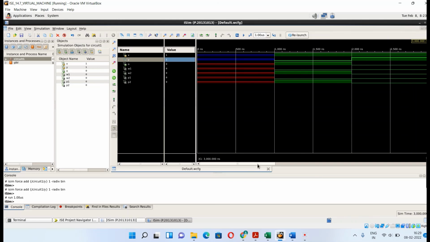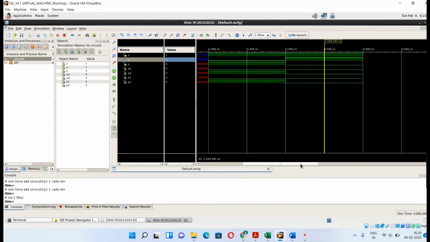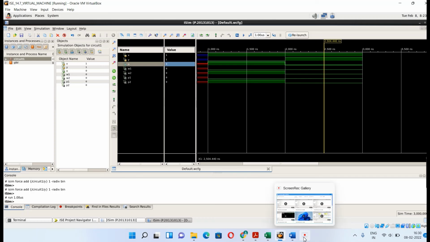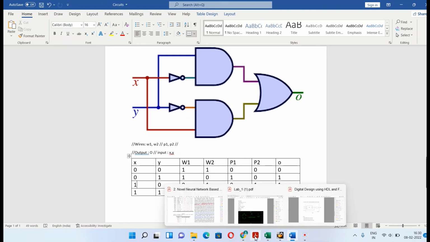Zoom to full view enables you to see the complete waveforms you are generating for a particular circuit. So what should be the desired output? 0. What we got: for 1 1, we are getting an output of 0. So yes, it is cross verified.